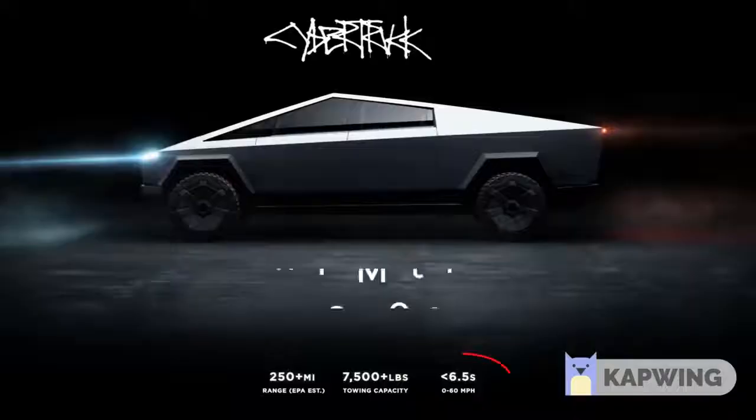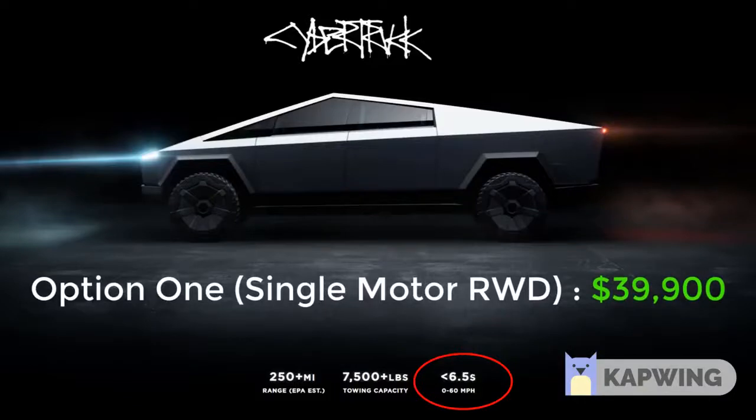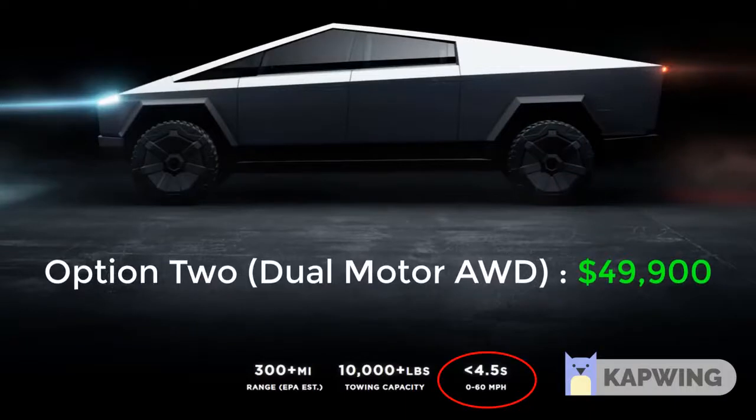design, what struck me was that it starts at an incredible $39,900, which is a single motor rear wheel drive version with a 0 to 60 rating of less than 6.5 seconds. Now if you pay 10 grand more for $49,900, you are able to get a dual motor version, and that's going to be an all-wheel drive version which has a 0 to 60 rating of less than 4.5